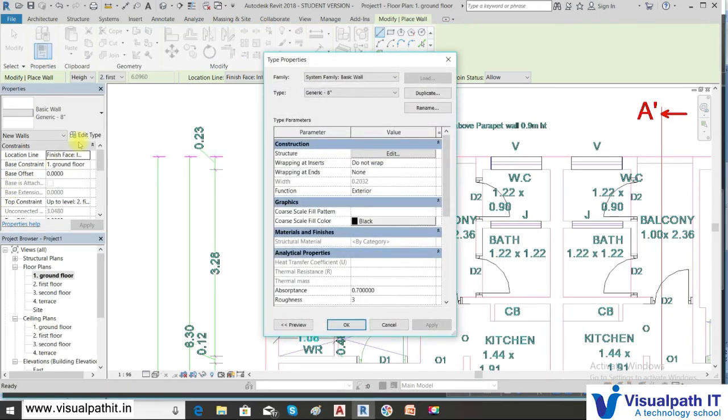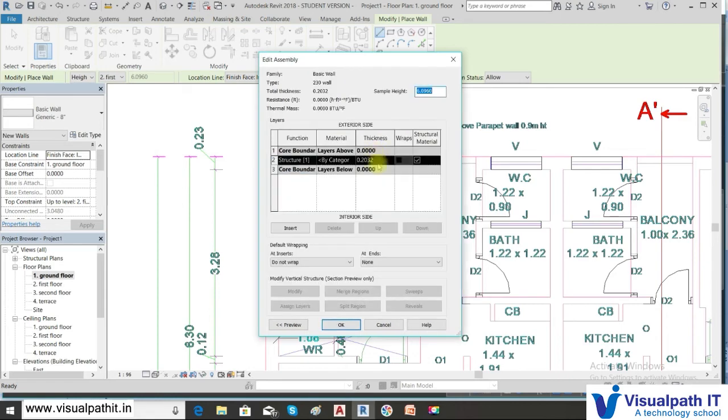Click edit type, click duplicate, say 230 wall, some name so that we can recognize the 230 mm, because we need to draw the partition wall also. Here the width you can see is 200 only. So edit it, click edit and here you change the value to 230.